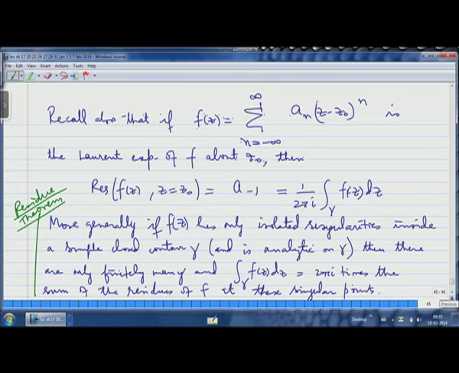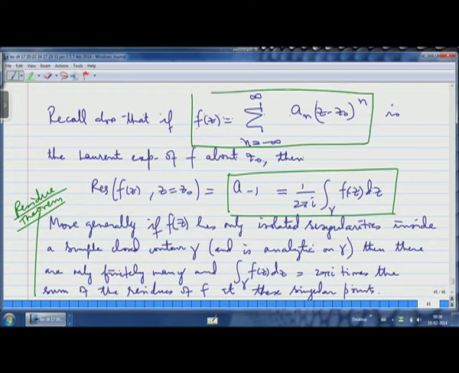So let me tell you, for a moment, in a way, once you believe Laurent's theorem, that this formula is correct is something that you can more or less see, because I have this expression of the Laurent series, okay, and what I need to compute is